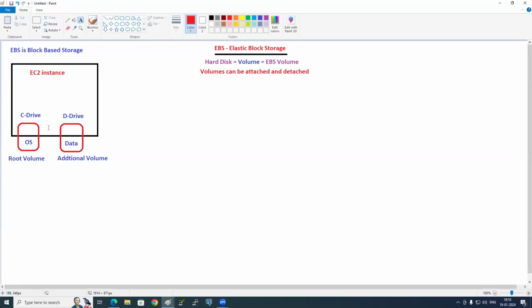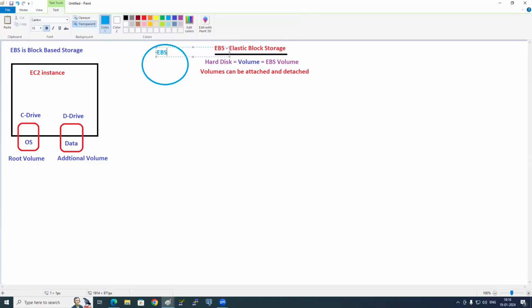See here. By default, you get this root volume. But if you want an additional volume, all this is a centralized storage. What is a centralized storage? EBS. EBS is a centralized storage, like a treasury.